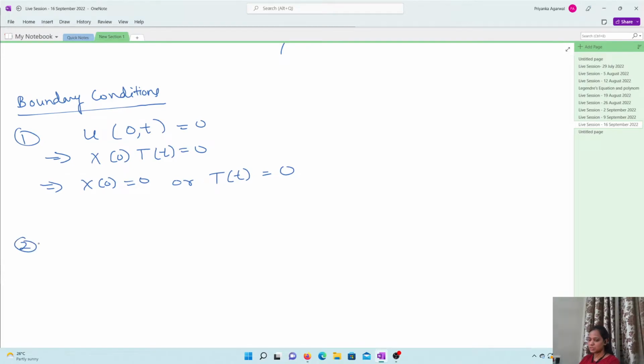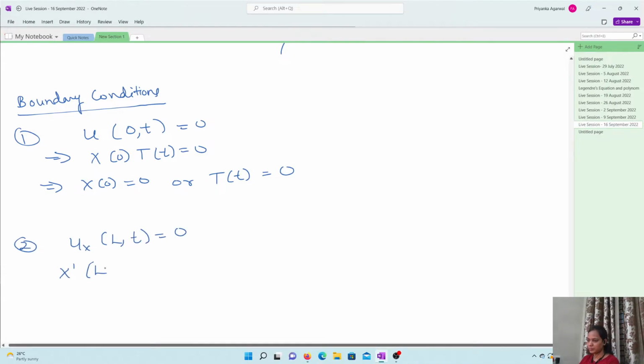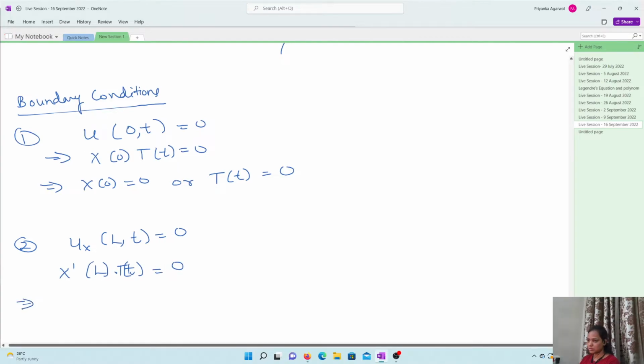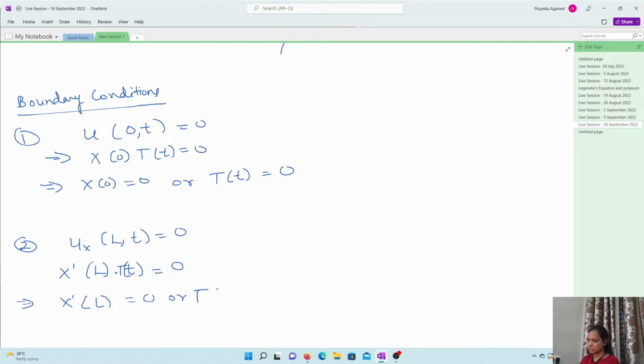Similarly, for the other boundary condition, where u(L, t) equals 0, then X prime of L times T equals 0. So this also implies either X dash of L equals 0 or T of t equals 0. Now if you look at these two equations